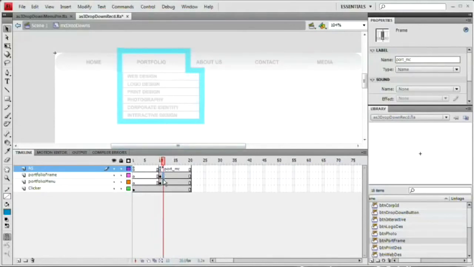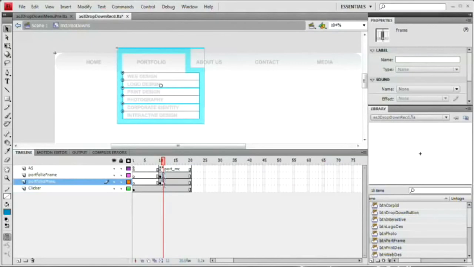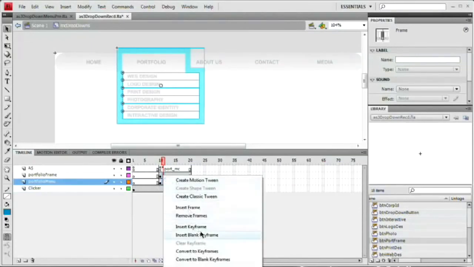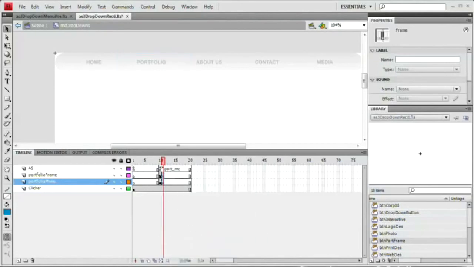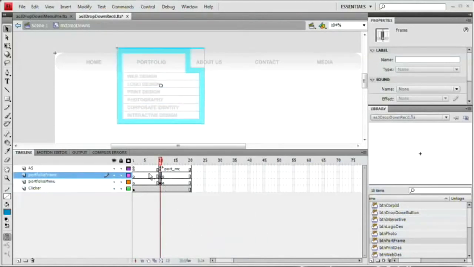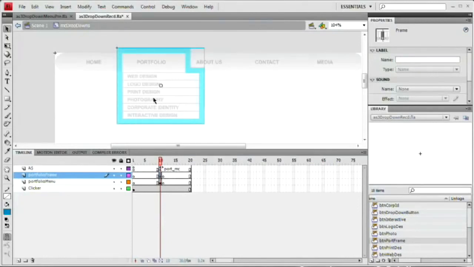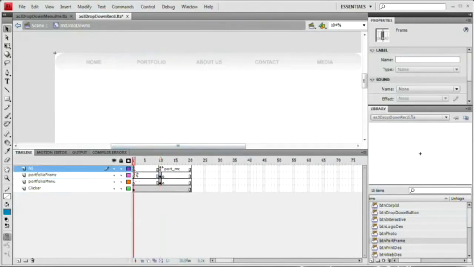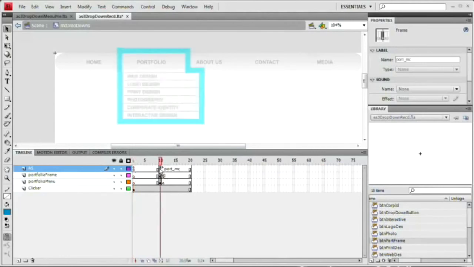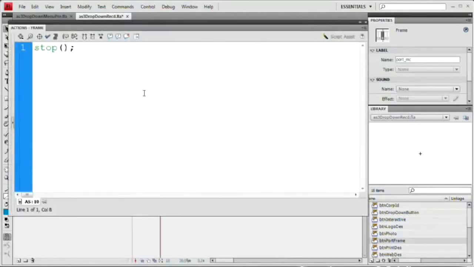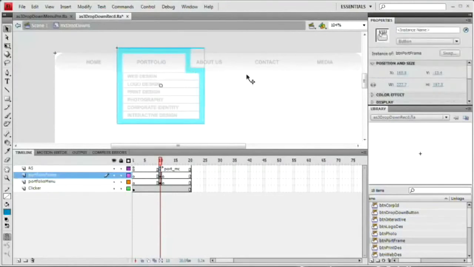So now that we've done that, select these two immediate frames after these keyframes, right-click and say Insert Blank Keyframe. So there, our drop-down menu appears for one frame, and when this portfolio frame is rolled over, we need this to basically go back to frame 1, in essence making all of that stuff just disappear. So we're going to come back here, hit F9, and before we do that, I need to give this button an instance name. We're going to name this